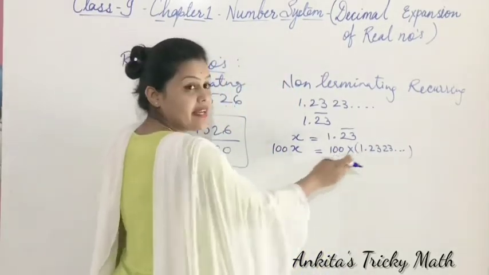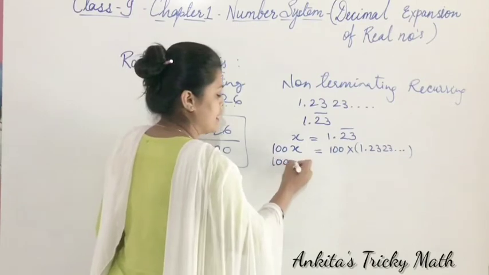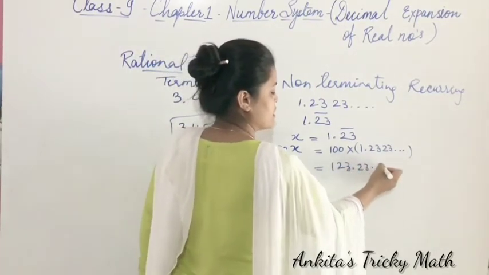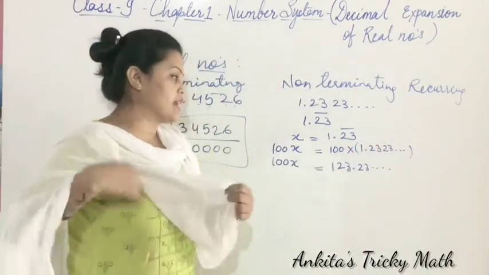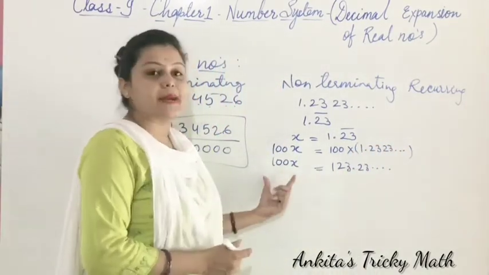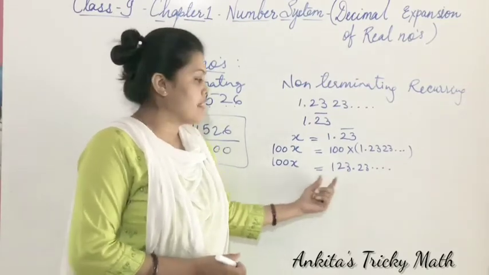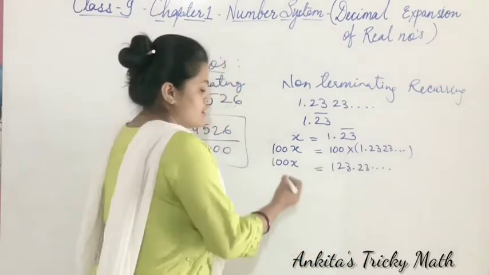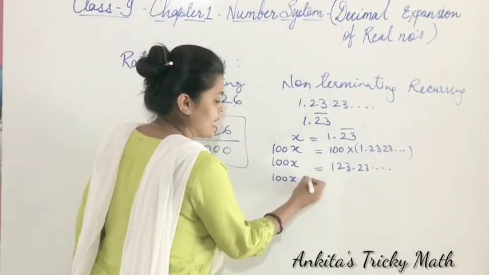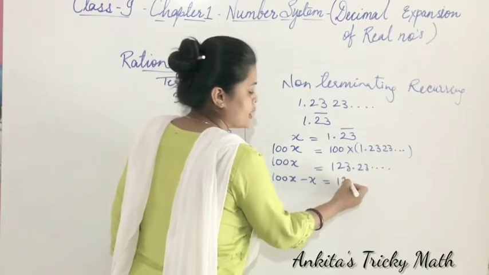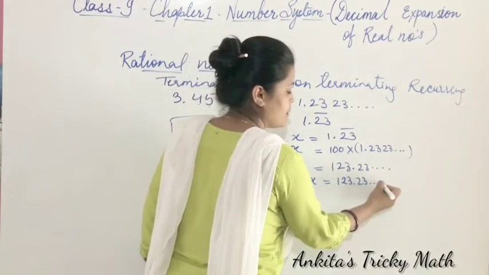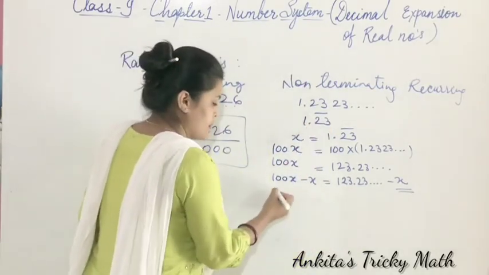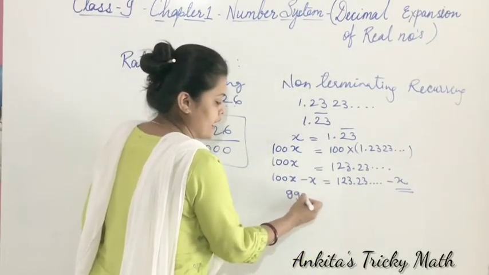Now multiplying here by 100, 100x equals to 123.23 dash dash dash dash. Here we are multiplying it by 100. Now subtract x both the side. Why we are subtracting x? Because if we subtract this x, here decimal will be removed. So 100x minus x equals to 123.23 minus x. And what is the value of x? 1.23 bar. So it will become 99x equals to